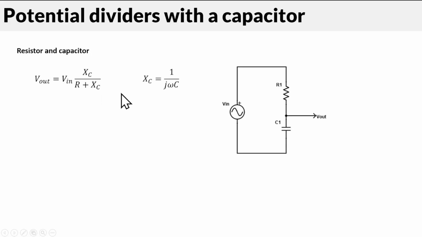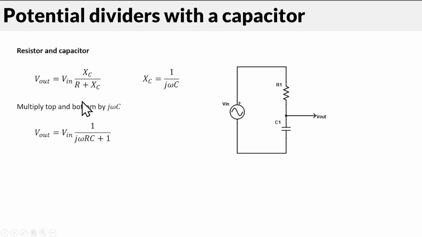So all we have to remember here is that X_C, the capacitive reactance, is 1 over j omega C. We substitute that in and clean it up by multiplying the top and bottom of this fraction by j omega C. So this becomes a 1, this becomes a 1, and this is going to be